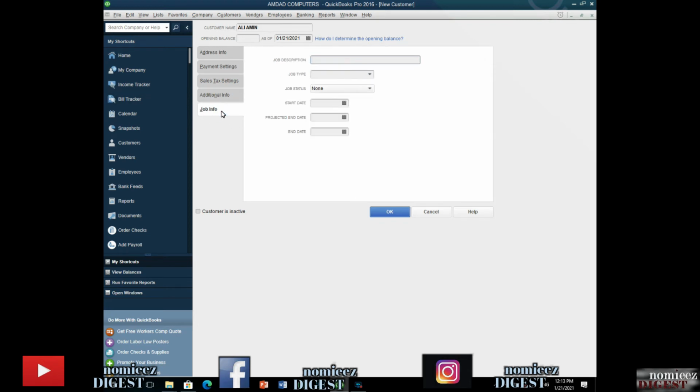And in the last tab, job information, we will provide a job description. In QuickBooks, job is basically a synonym of your project, that when you are making a project for your customer and you are giving him services, then it will be called a job. You are doing a job for your customer. So here we can write the title of our job.